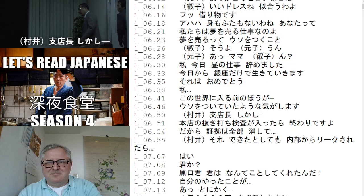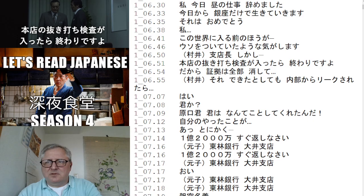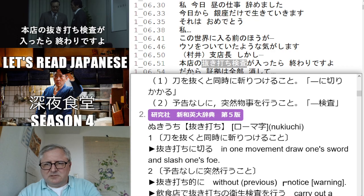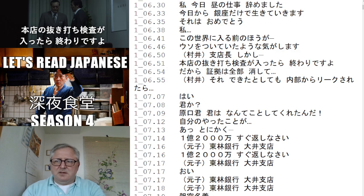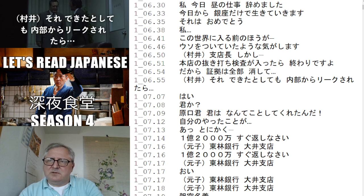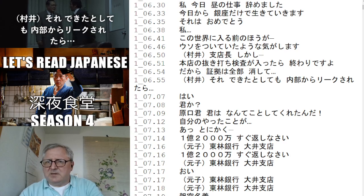支店長、しかし本店の抜き打ち検査が入ったらしい。終わりです。抜き打ち検査 surprise inspection, without notice. Okay, I like that. 抜き打ち 本店の抜き打ち検査が入ったらしい。終わりですよ。だから証拠は全部消して それできたとしても内部からリークされたら。